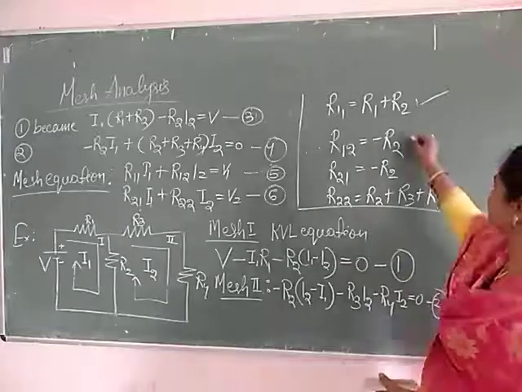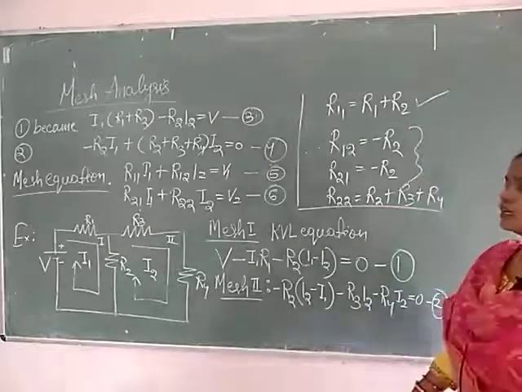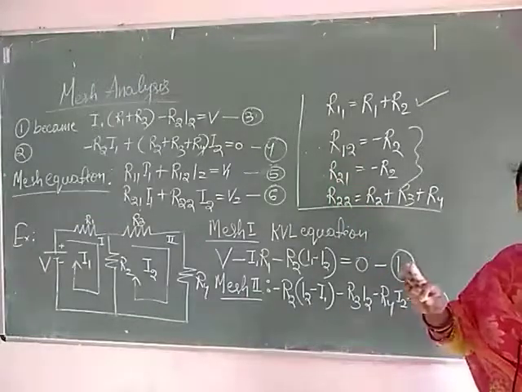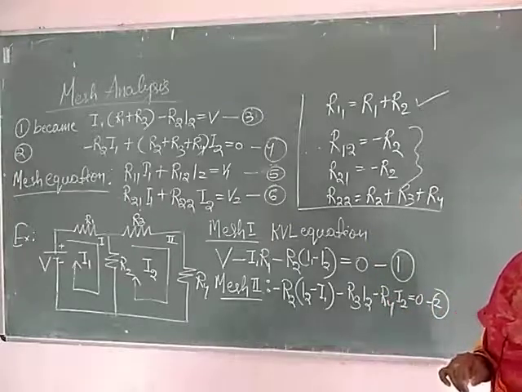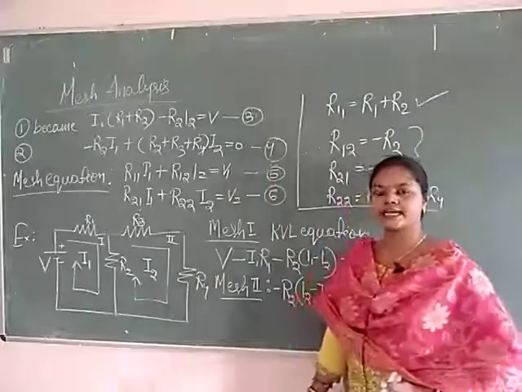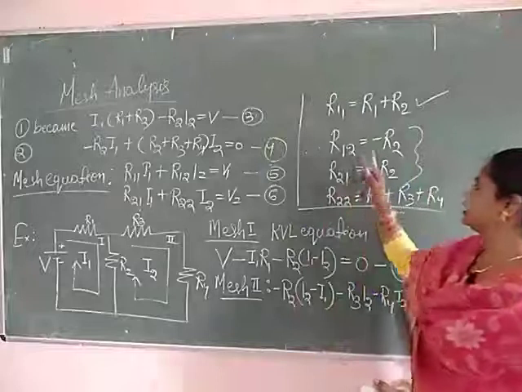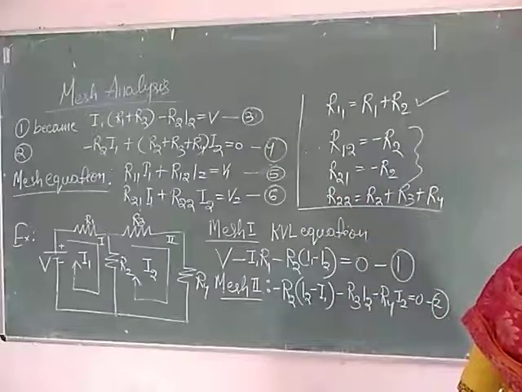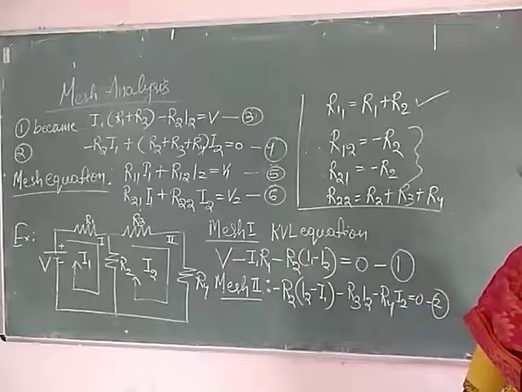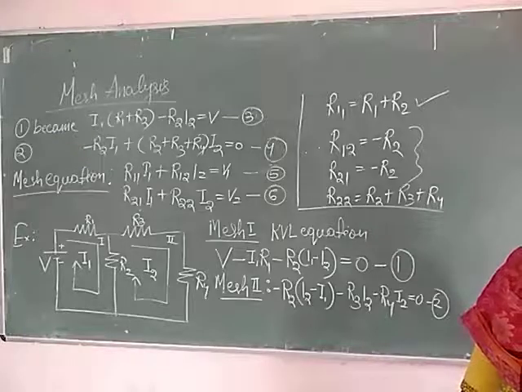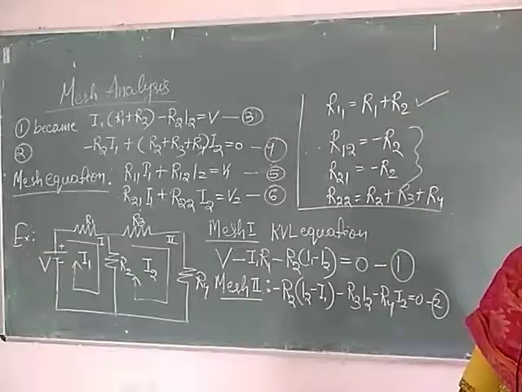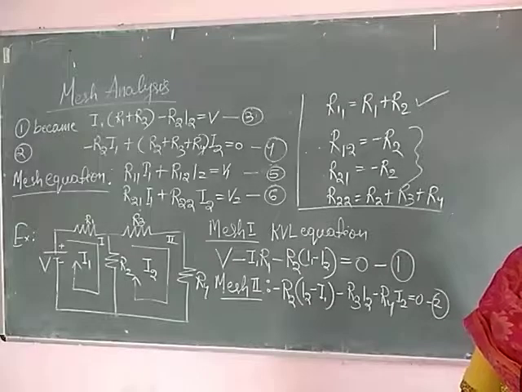So, after comparing these equations, now you are very clear that when these two mesh currents are in the same direction, the mutual resistances are positive, their polarity is positive, and when the two mesh currents are opposite to each other, then the polarity of the mutual resistance is negative. Clear? Again I repeat,